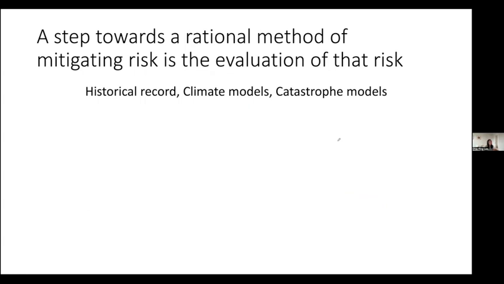Commonly, there are several methods we can use. We can just look at historical data, at what happened in the past. Or people like me will look at global climate models, at what happened in the past and what will happen in the future. Insurance companies, policymakers, or governments use information from CAT models, or catastrophe models, which usually